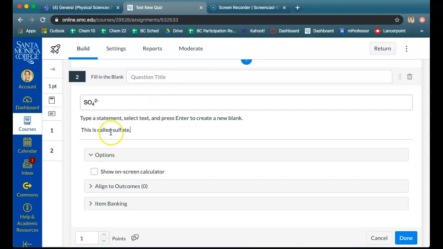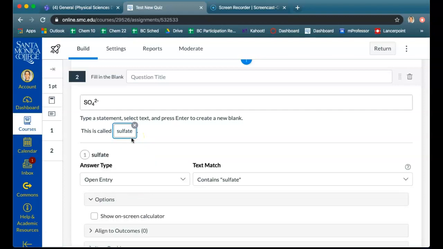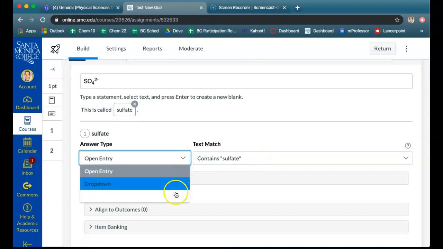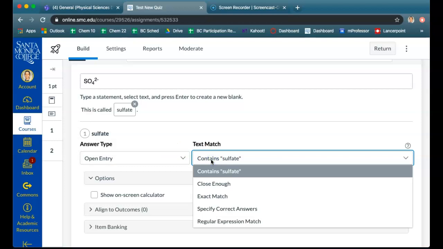And then if I want them to fill in this blank, I will highlight it, and then I can either press enter or I can click on create blank space. And here's where you can get really specific. You can have them do a drop down or word bank, or you can have it be open entry. And then if you're worried about student spelling,